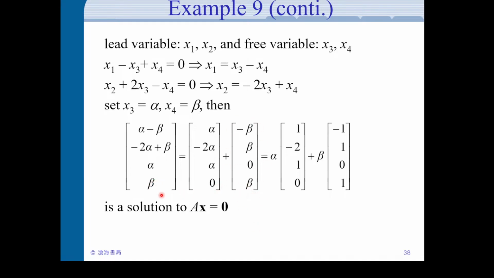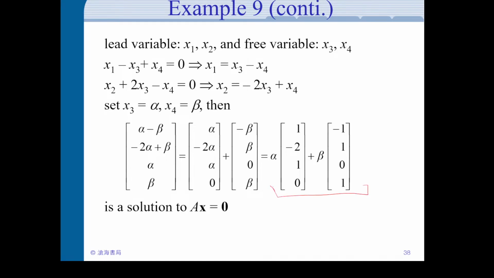So you look at this thing: this is the alpha vector, alpha minus 2 alpha, and alpha 0. Then the beta vector: minus beta, and beta, 0 minus 0, and the beta vector. And even more, this vector is proportional to alpha, so you can write it as alpha times a vector. And similarly, this is beta times another vector. So this form is actually very important. We're going to talk about this a lot